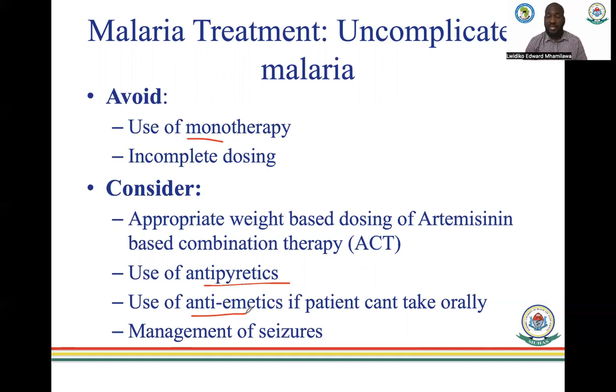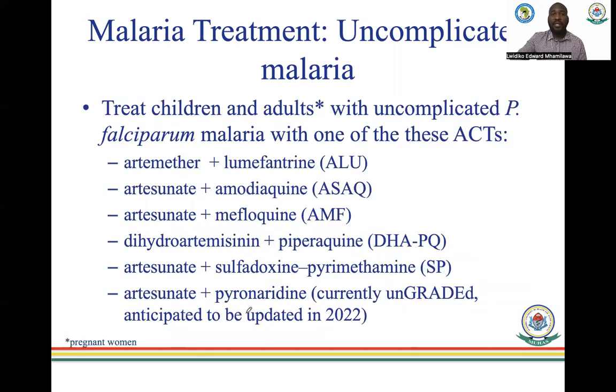And also, if the patient has one episode of seizure, you need to continue managing that and monitor for progression to severe disease. And the artemisinin-based combination therapies that are available to treat uncomplicated malaria for children and adults, including